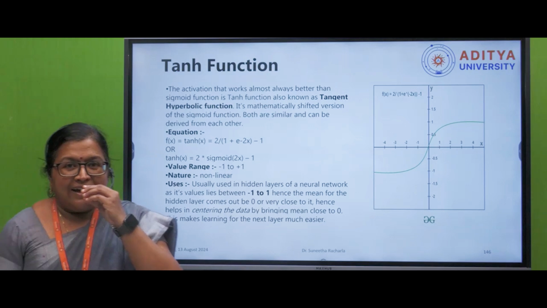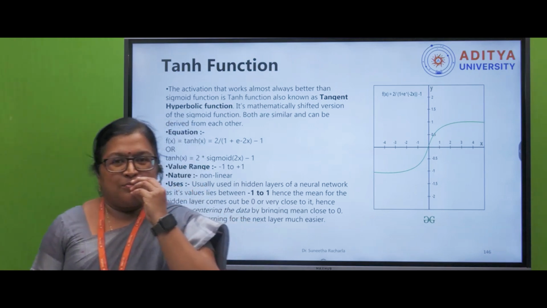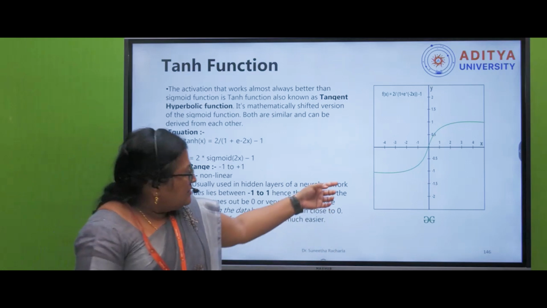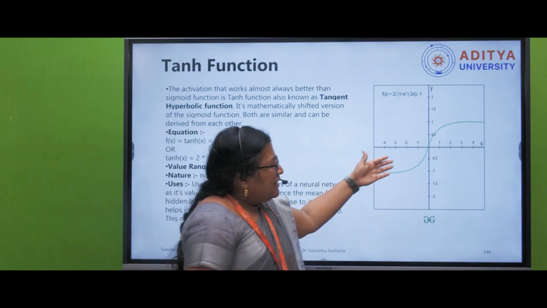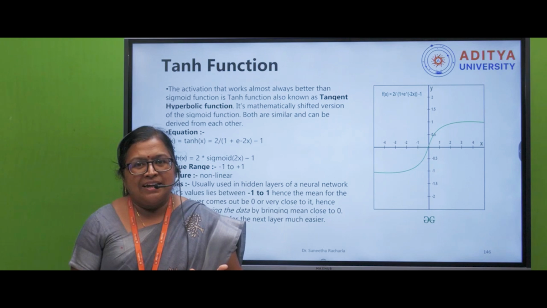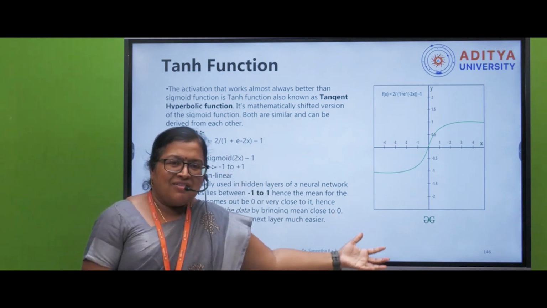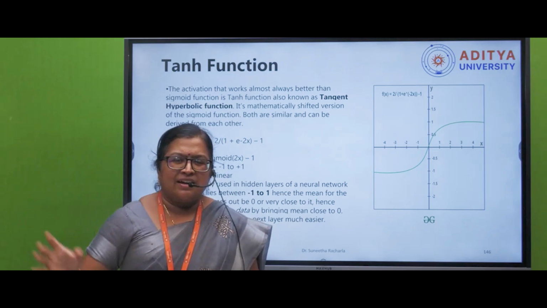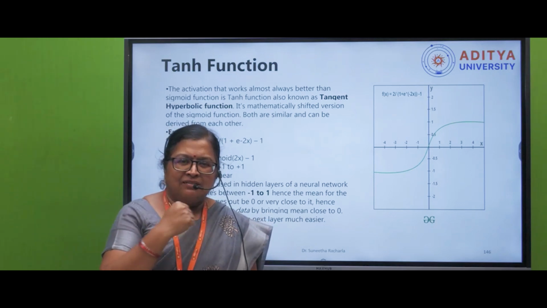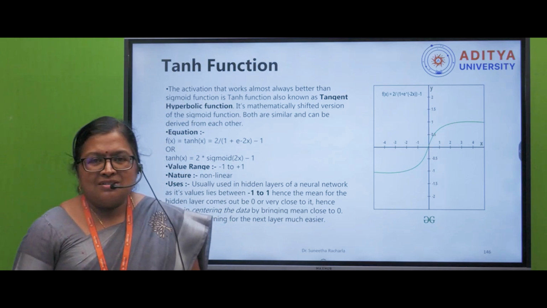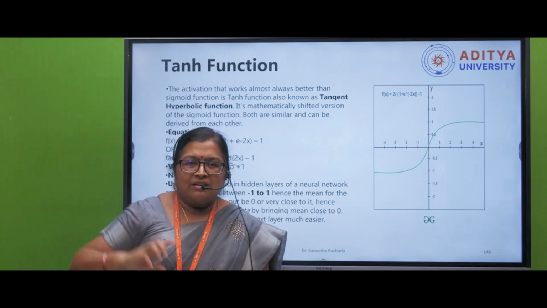Now the next activation function is tanh. Tanh will take values from negative to positive. Just like our robot example, it will take minus spicy values to positive sweet values. So all negative and positive values it will consider. But sigmoid won't consider that. It will consider only 0 to 1.